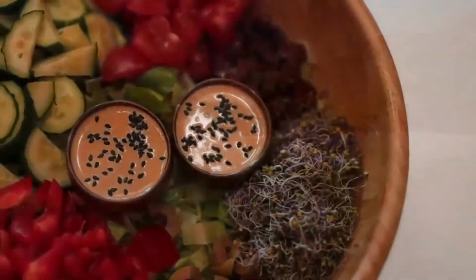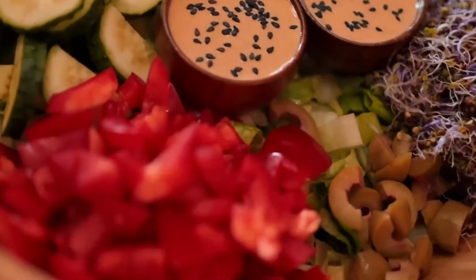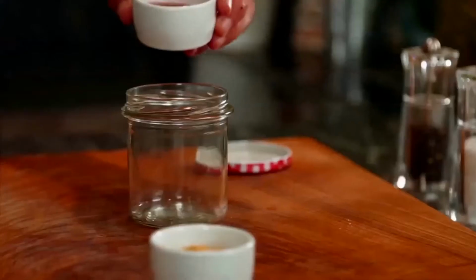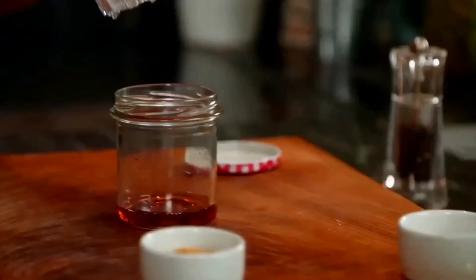Today I'm gonna show you 10 keto salad dressings to spice up your low-carb lifestyle. Keto diet is a very low-carb, high-fat diet that has been shown to deliver several health benefits. While this way of eating can be inherently limiting, advancements in food science and culinary creativity have made this diet